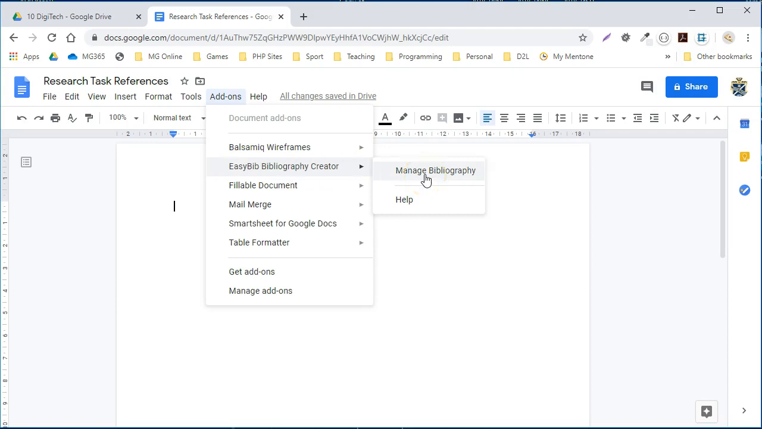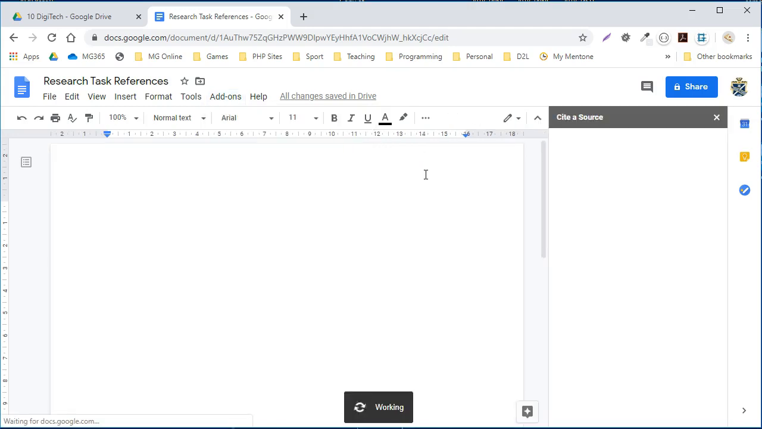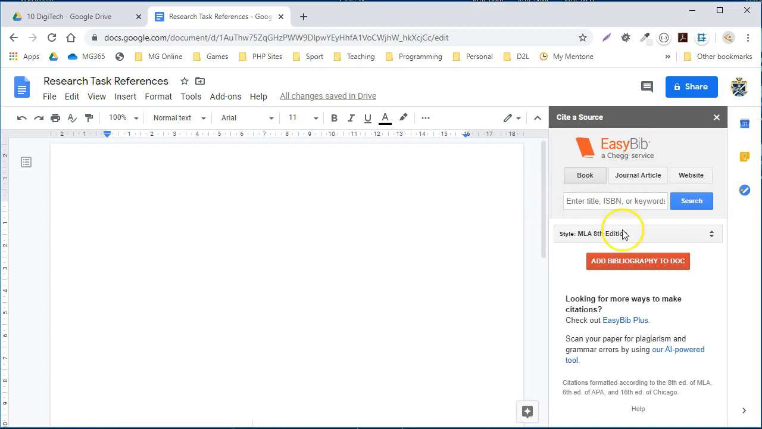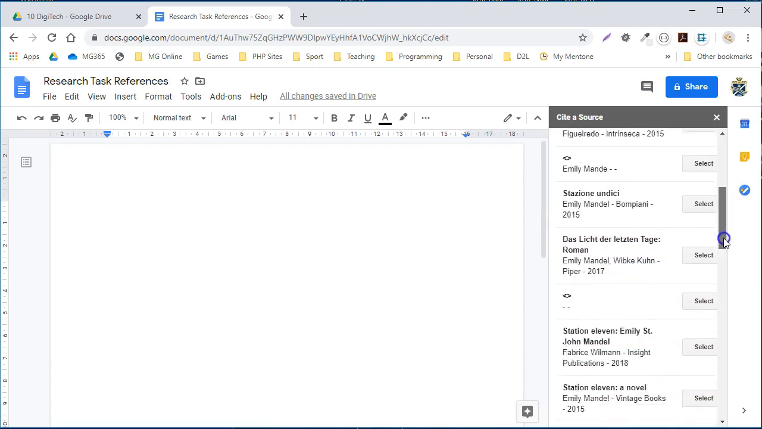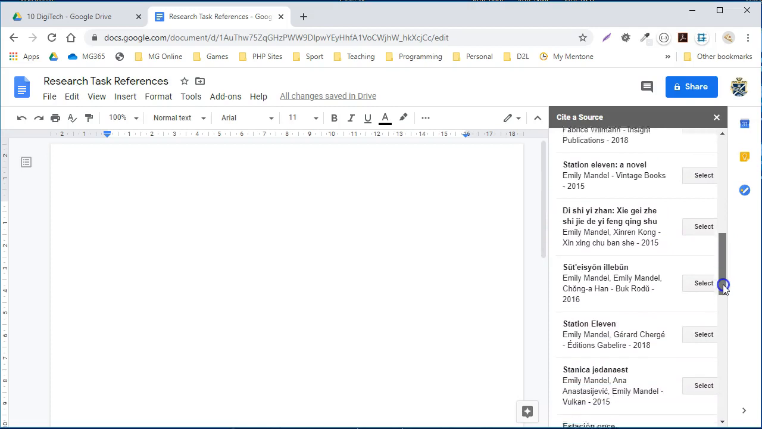Once you've got that, you can click on Manage Bibliography, and on the right hand panel here you can see we have a Cite a Source panel. Now you can use books, journal articles and websites. To find a book, we type in the title of a book and click search, and you can see here there's a number of books in its list that may well match